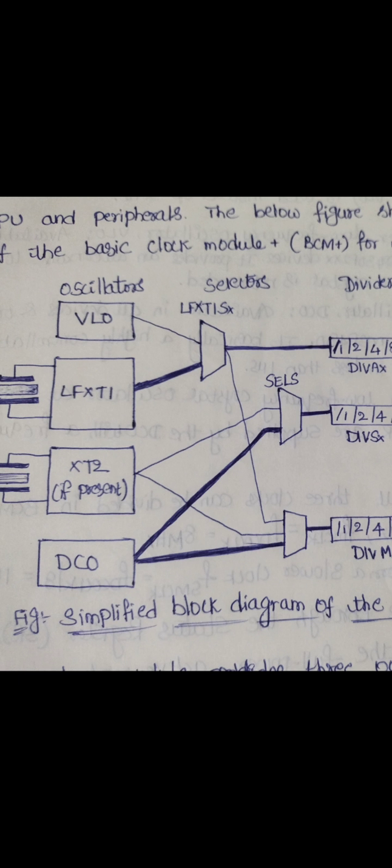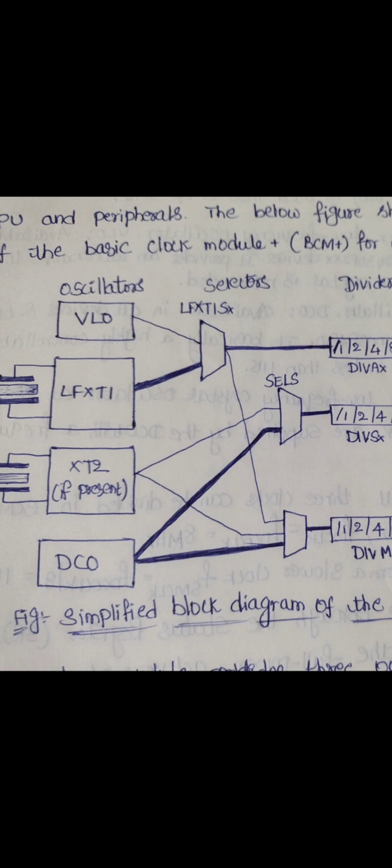Here the current is 85 microamperes. Normally this is used when the CPU is not required, but some modules require a fast clock from the SMCLK and DCO. In this LPM0 mode, the power used is 85